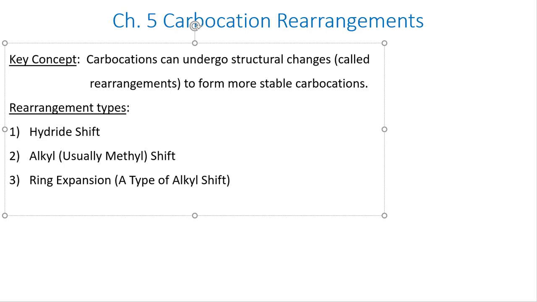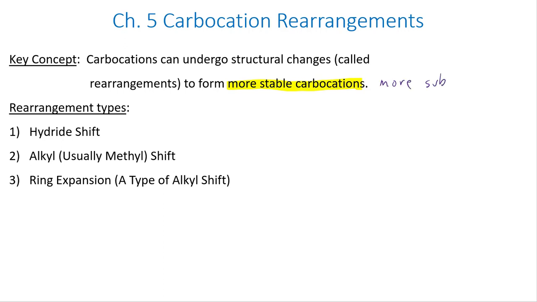Carbocation rearrangements are changes in structure of a carbocation, or something that can become a carbocation, that will make that carbocation more stable. So it's worth remembering that more stable carbocations are typically more substituted, and tertiary is better than secondary, which is better than primary, which is better than methyl, and that we typically don't form